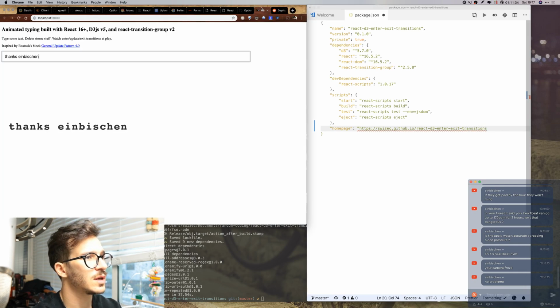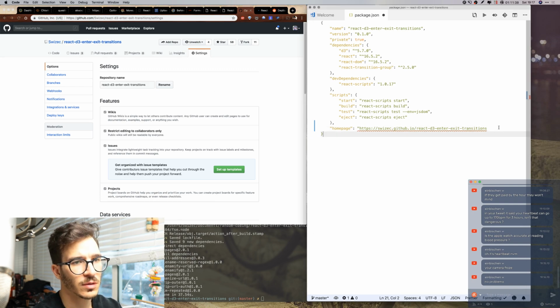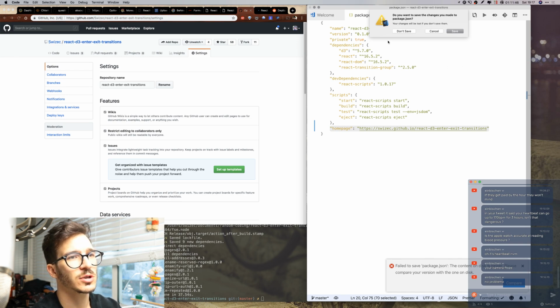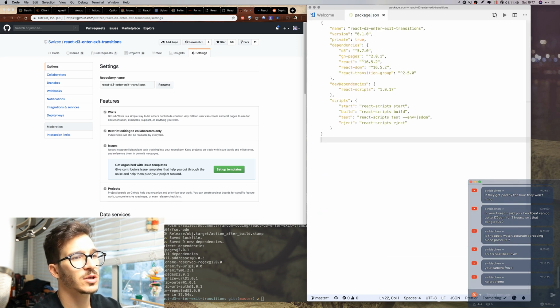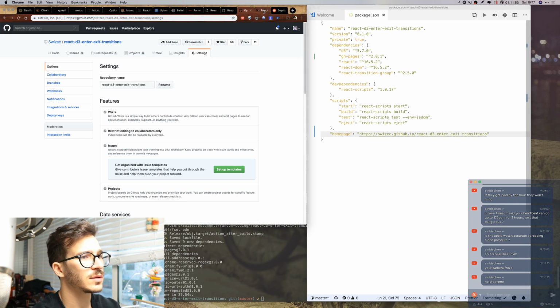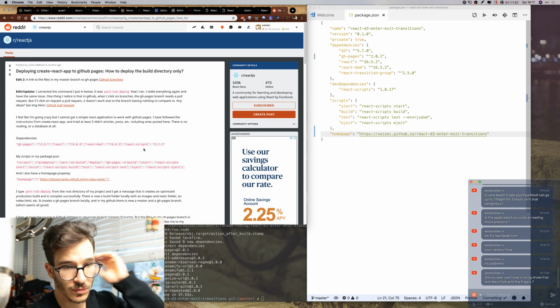Was that it? React D3 enter exit transitions. Yes. It failed to save. Right, because there was a race condition. So don't save package.json. Add that. React. Where was it? And then